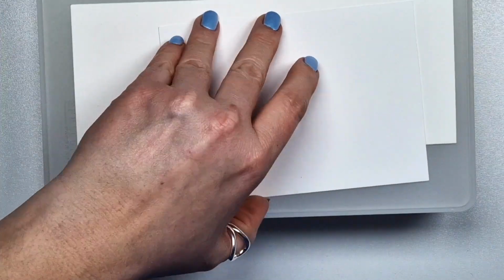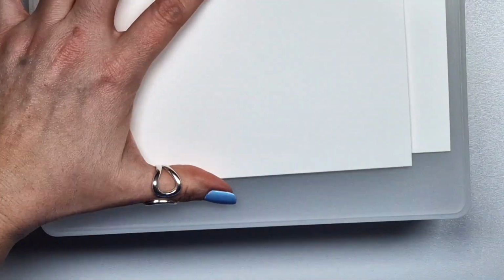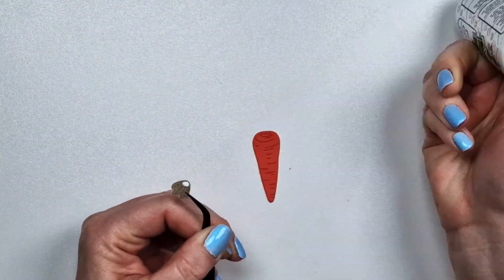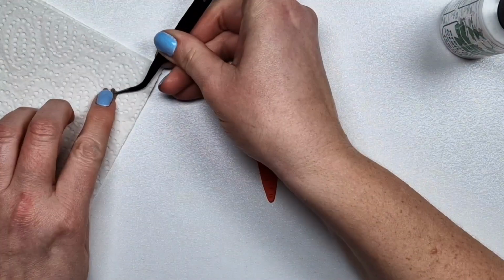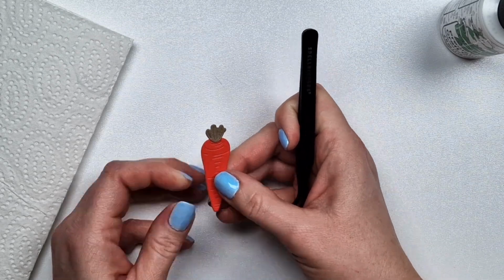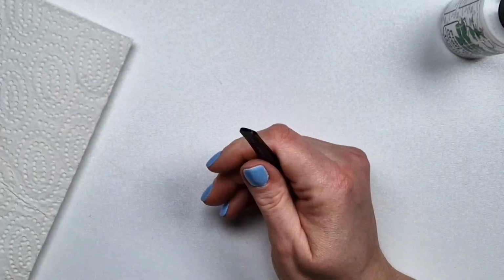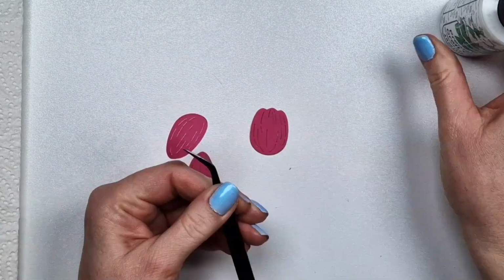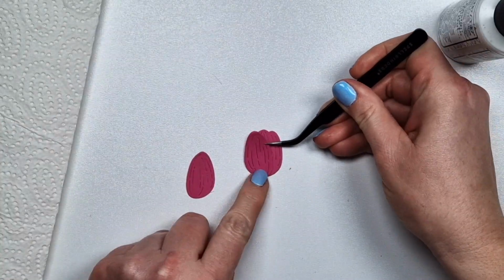And if you see, the large one keeps the slimline size card, the standard slimline, and the larger 5x7 inch card base, so I can put my larger project in that one, and the small one fits the A2 size. So I started out by die cutting a lot of the same things, a lot of carrots